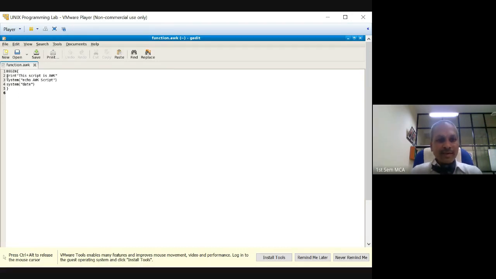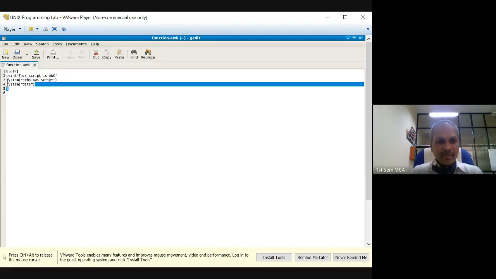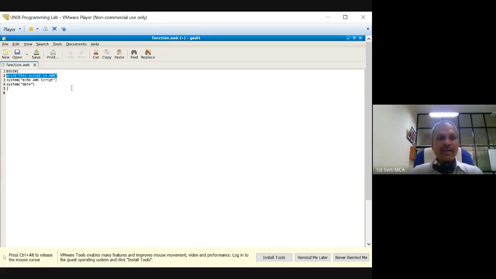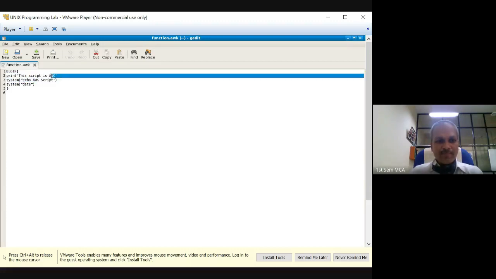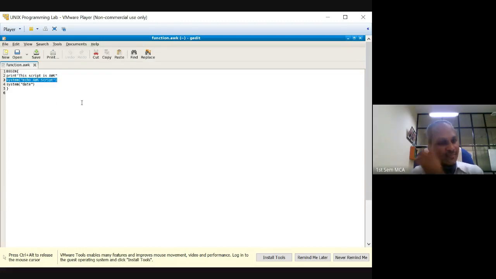If you look at, there are 3 variations I have used here. So I have used the first one as a print, which is typical AWK. So typical AWK uses print. I have used that. Now I want to demonstrate the system. What does the system command or system function say? You want to execute any Unix command within the awk script. So probably we can use system. So that's the concept we have used.